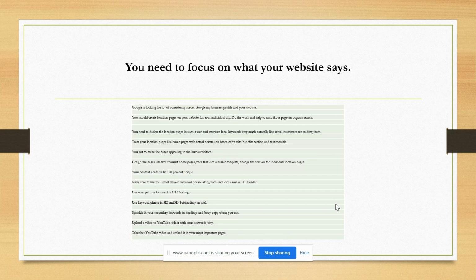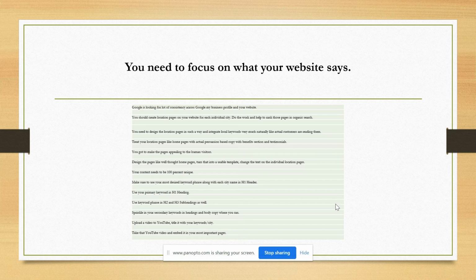The content needs to be 100% unique. Make sure to use your desired keyword phrase along with each city name in the H1 header. Then use the keyword phrase in H2 and H3 subheadings as well. Then sprinkle in your secondary keywords in headings and body copy where you can.